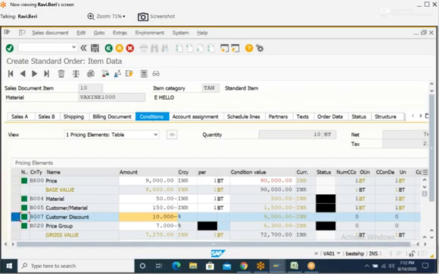Okay, make a note. Configuration for exclusion groups.